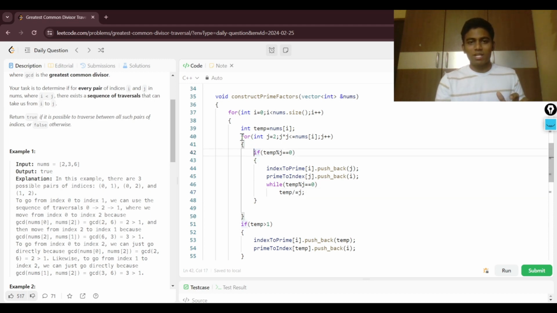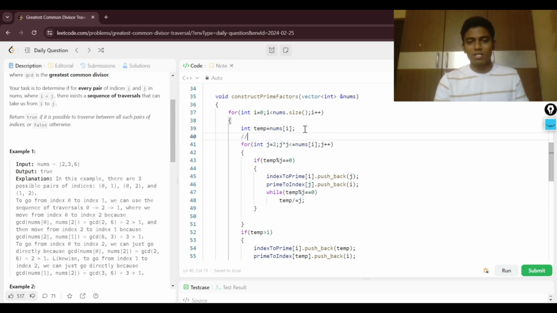And then after this traversal is done, it is going to traverse till j into j is less than or equal to the number. Why we are considering this particular solution is, suppose let's say it is 2, 3, 4 and then 5 and then 6 and then 7 and then 8. So let's say 7 and 8. We need to find all the prime factors which are present in 8. So for this particular case, we'll consider 2, and then we'll consider 3, and then we'll consider 4, and then